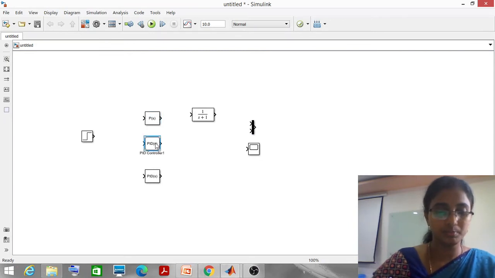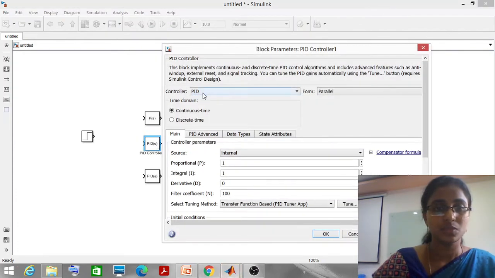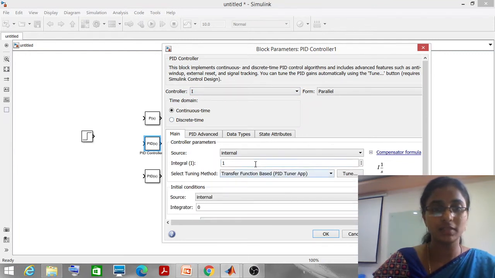Now the I controller: again click on PID to select I, and assign the value of around 50.